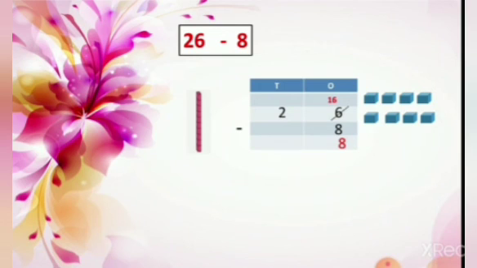Now let's calculate the tens column. We are moving to the tens column. Here it was 2 tens. But now you can see only 1. So we have to change this number. We'll put a cross and write 1. So 1 minus 0. Again there is no number, so it is 0. 1 minus 0, you will get the same answer. That is 18. 26 minus 8, your answer is 18.